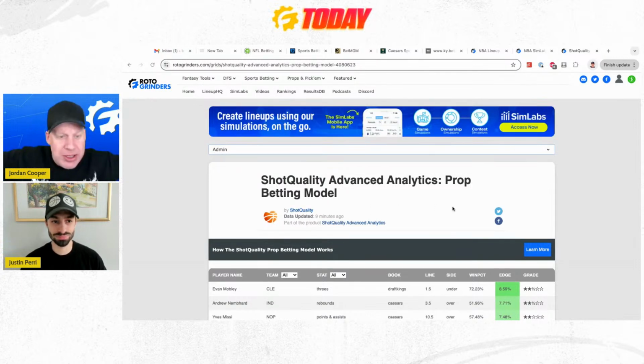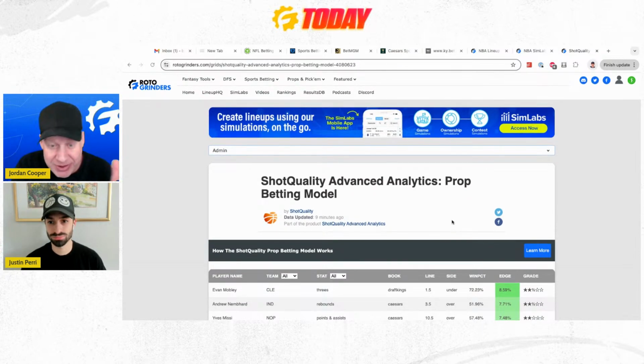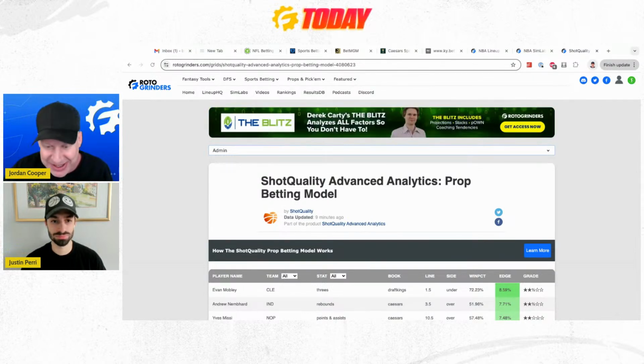Because some guy, Trae Young's out today. Well, that's going to affect everything on the Hawks. Now, it's not going to change everything with your shot quality data, but as far as how many minutes and the rotations and everything, that's going to matter. So make sure that you have the updated projections, the updated prop model, the updated everything here.